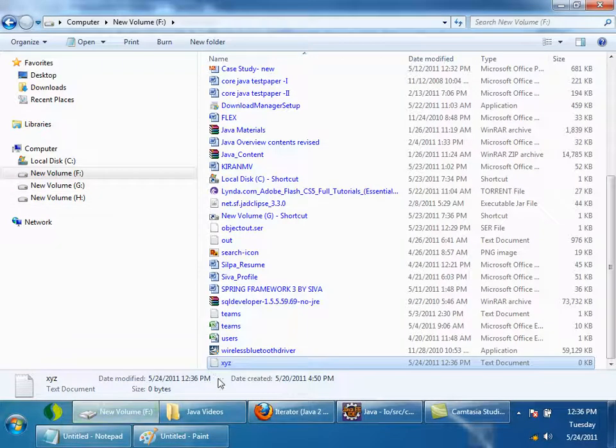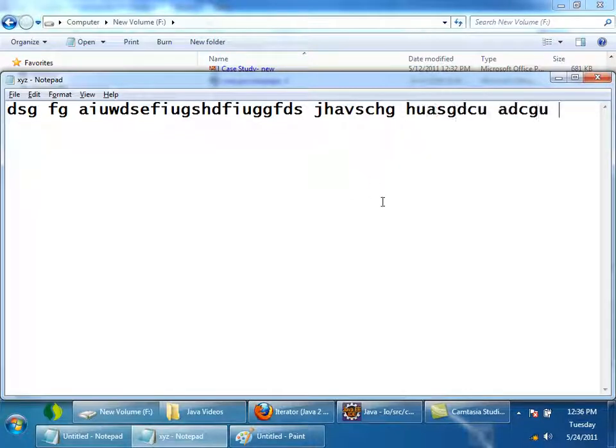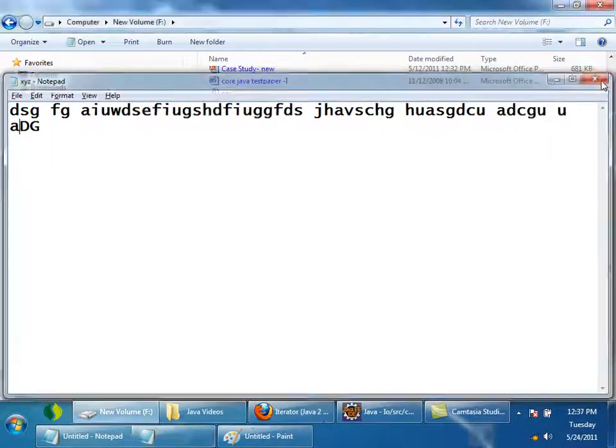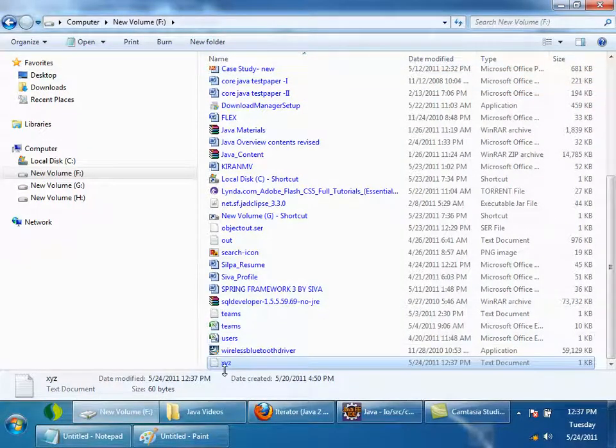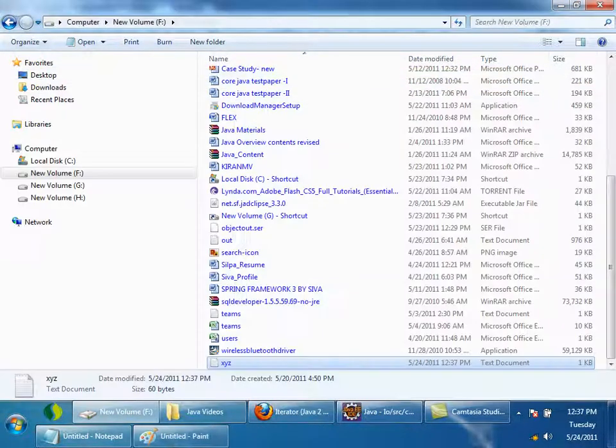Is it saved or not? Oh, again it's not saved. Why is it not saved? Okay, now I think there is some content here.